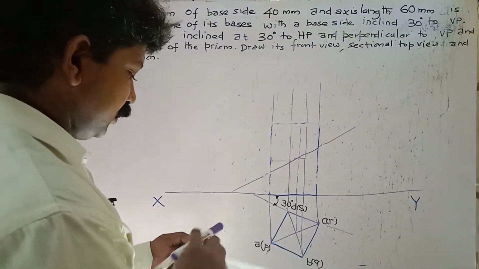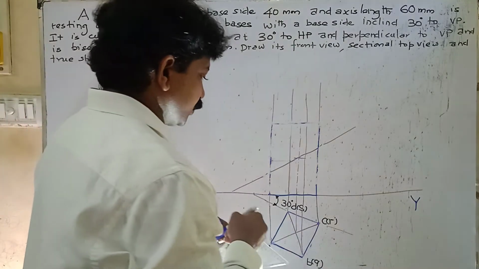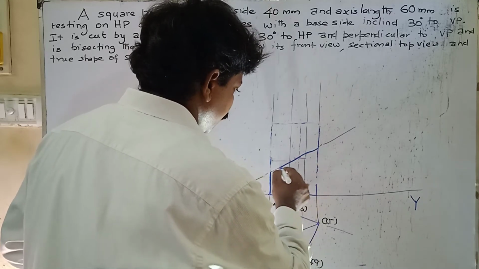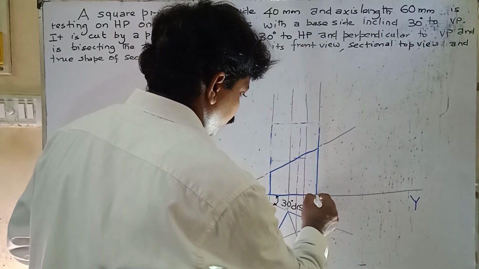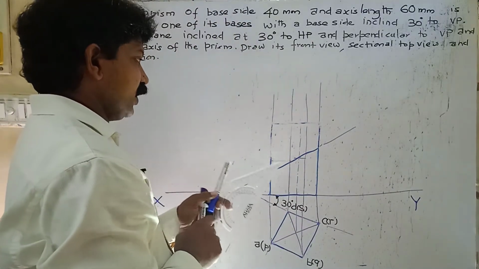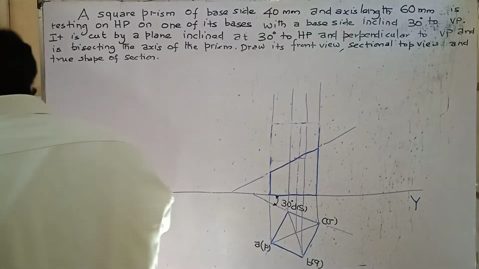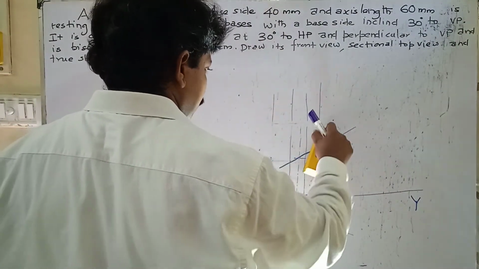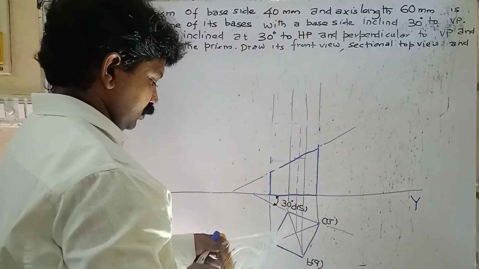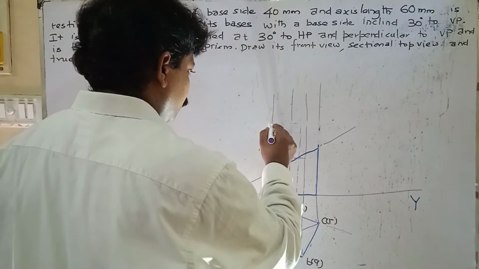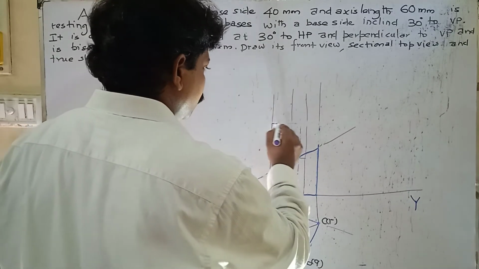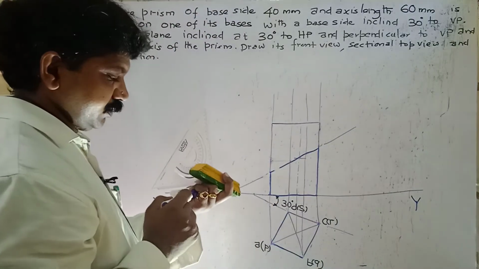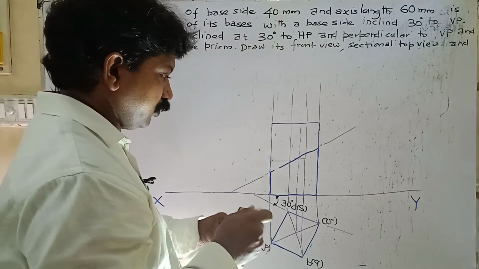Draw a 30-degree incline. So the bottom portion only is our required portion. So dot the bottom portion only. We need to dot the top portion. Okay. So you have to draw the remaining portion using 2H pencil. Complete the remaining portion using 2H pencil. Bottom only dark line. Now the front and top view are completed.